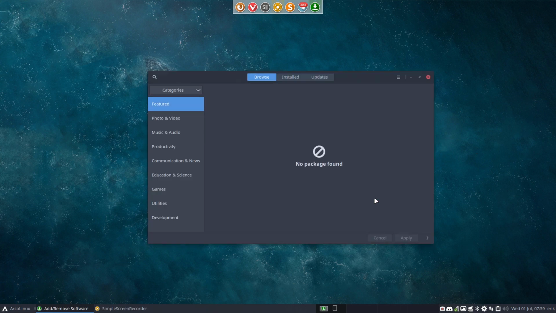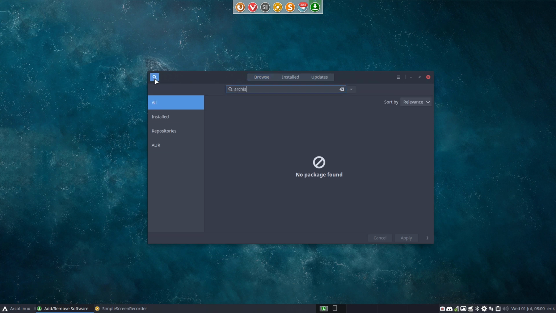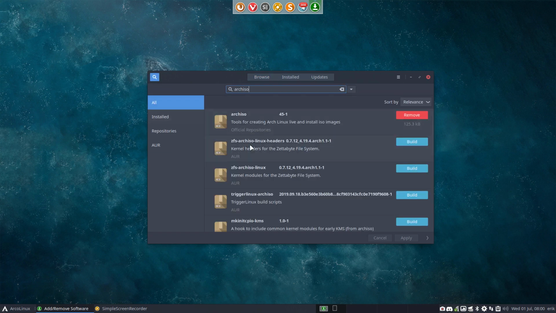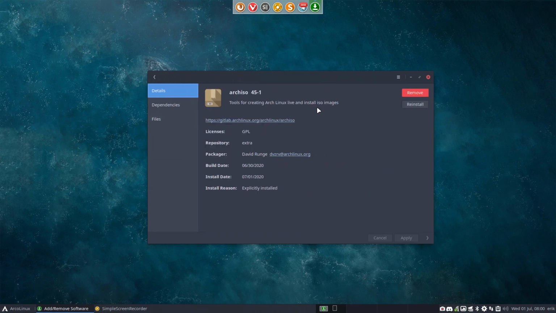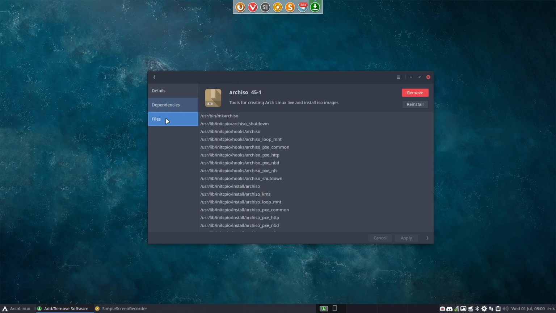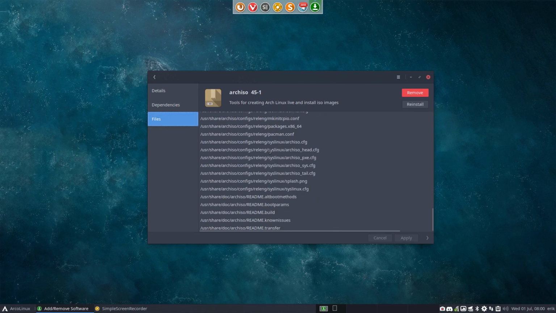What is archiso? Archiso is an application that lets you build tools for creating ArcoLinux live and install ISO images. So 45-1 is the new one, right? And I've just made a comparison on my ISO builder, the other system. This is the Carli